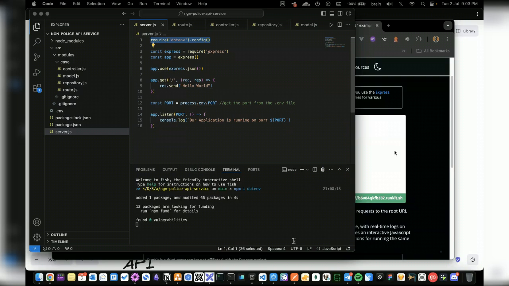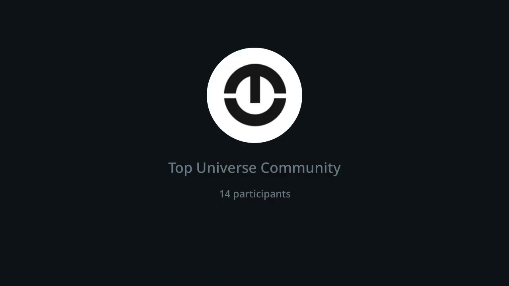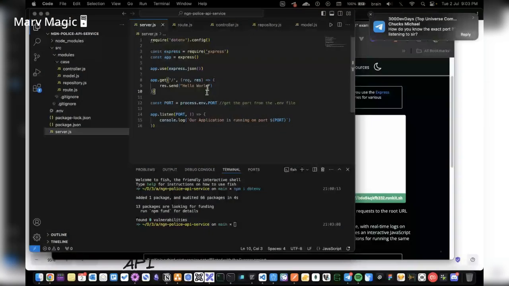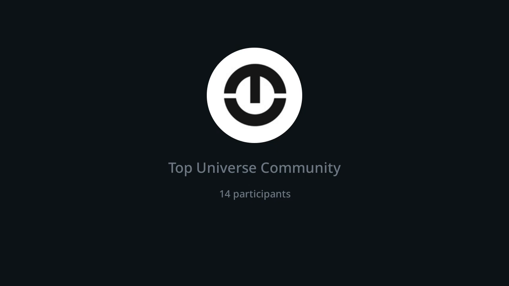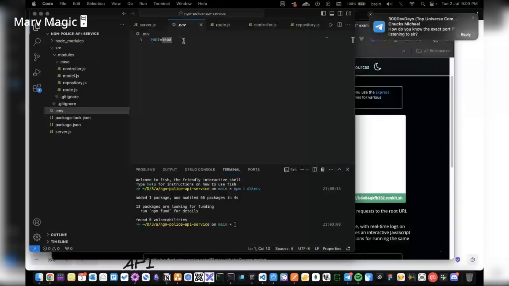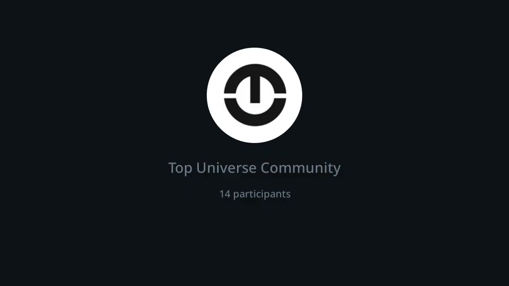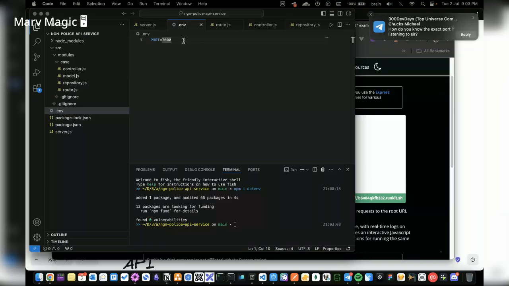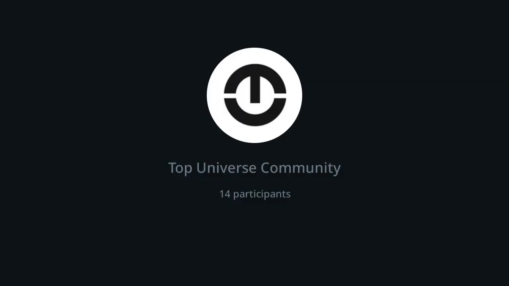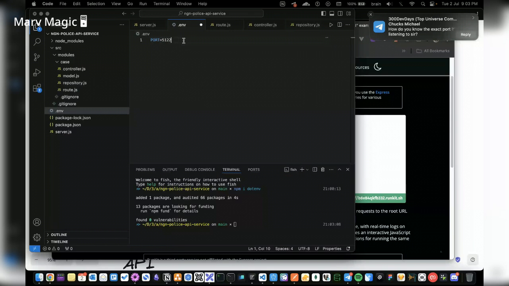Someone said, how do you know the exact port to listen to? Well, you don't necessarily need to know the exact port to listen to. You can configure whichever port you want. It can be 3001, 3002. I use 3000 because it's kind of a standard for a lot of developers, so it's familiar to them. It can be 5000, 7000, 8000, whatever ports you can use, so long as your computer can listen on that port, it's fine, right? I can choose to use 5122, but some standard conventions will be 3000, 5000, 3001.